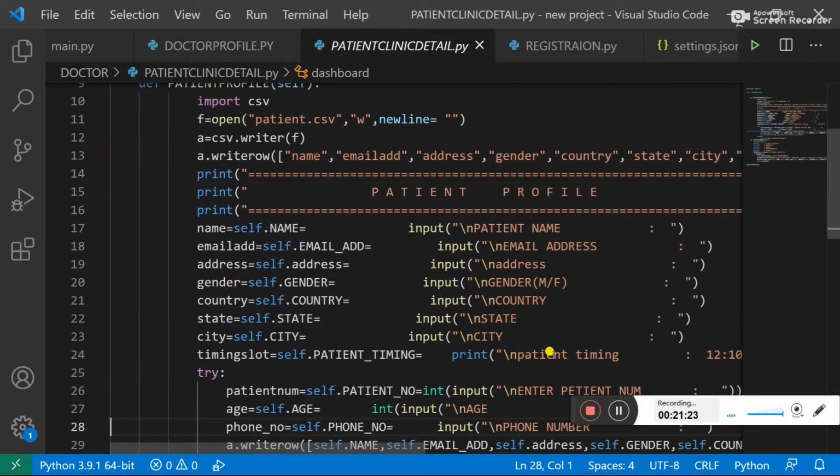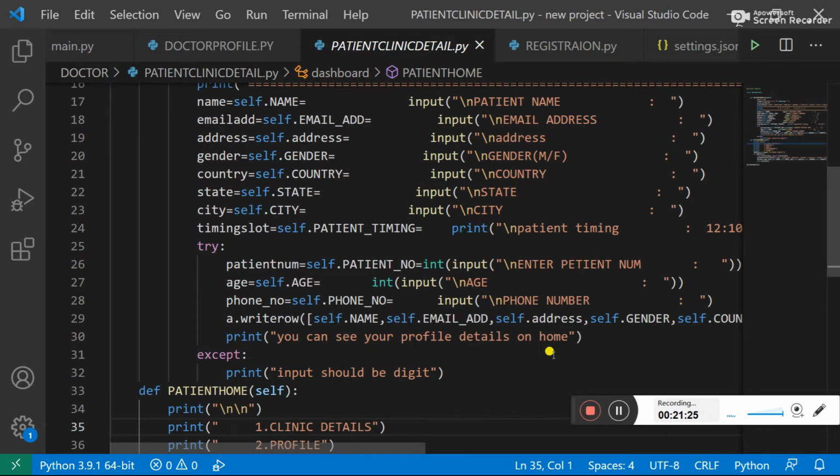Like here in phone number, if a person enters characters in the phone number, of course an exception will occur. To handle that particular exception, we use the except block, saying that the input should be in digits, not characters or special symbols like that.